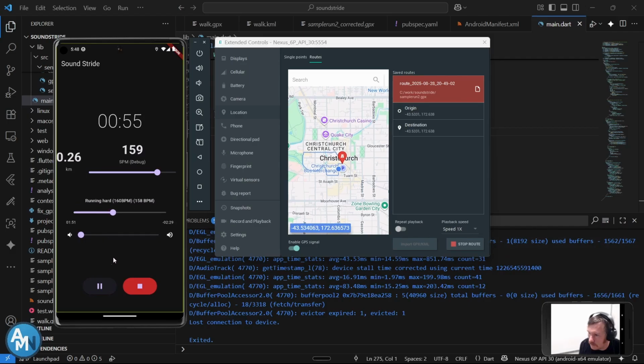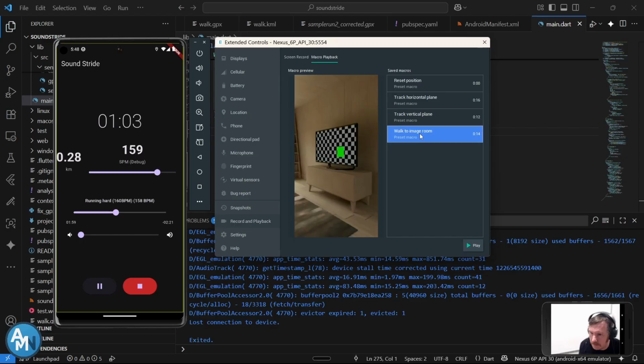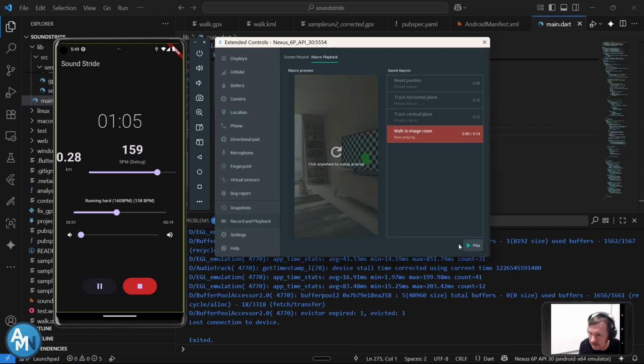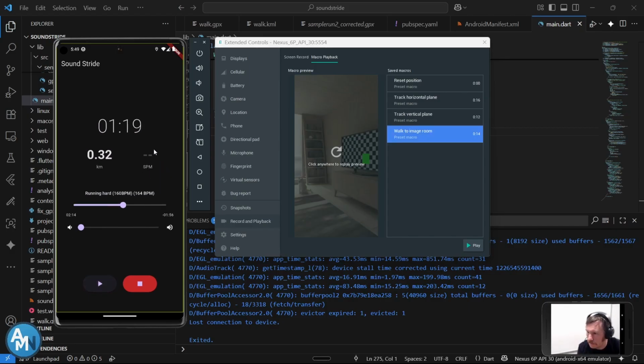Whilst playing, the active steps per minute would still be using the macro playback if we were playing that, but yeah, currently not showing on the debug mode because we've got that set aside for a manual override whilst I'm just doing some testing. Normally it would be displaying on a deployment version of the app the steps per minute,